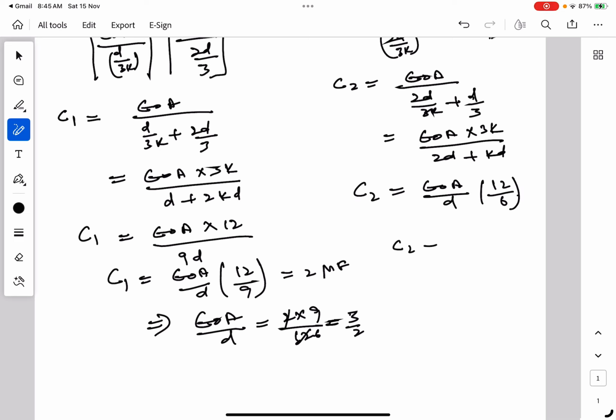Let us put the value of epsilon naught A upon D from the earlier part, equal to 3 upon 2. So this will become 3 microfarad. So C2 is equal to